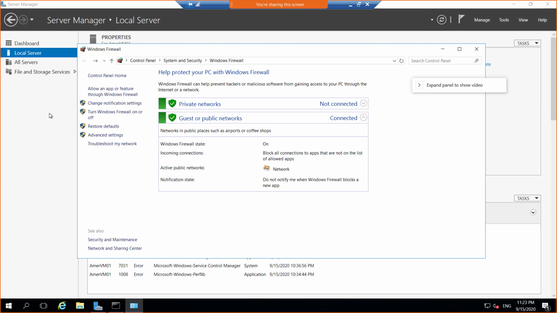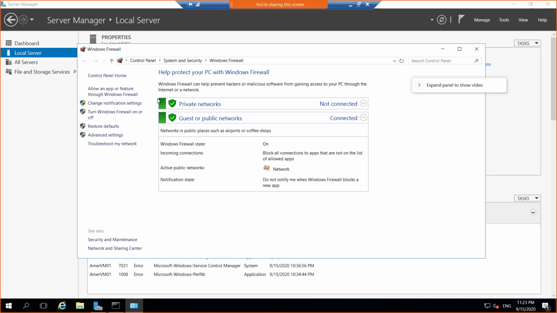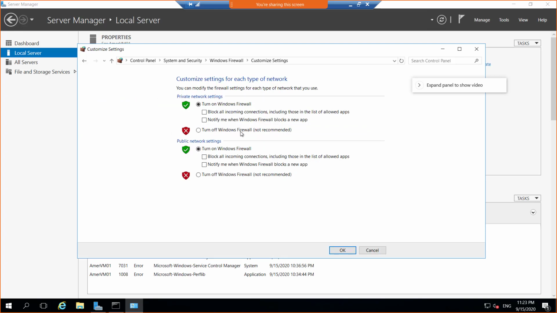Okay, so I'll go back. Gideon, are you on server manager here? And then are you on local server? Okay, and then click this Windows Firewall public on. Once you click that, then there are two profiles that are powered on, and then two machines cannot communicate with each other unless you start adding a lot of exceptions in the firewall. So we're going to go to the left, turn Windows Firewall on or off. Hopefully you're there. And then once you click that, there's a turn off button here, and there's a turn off button here. So click this, and